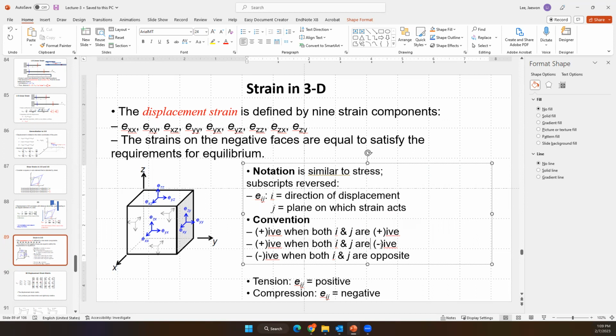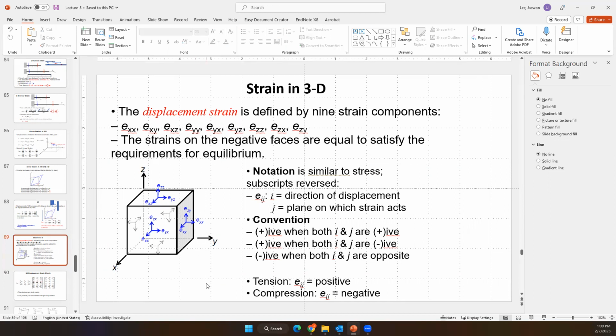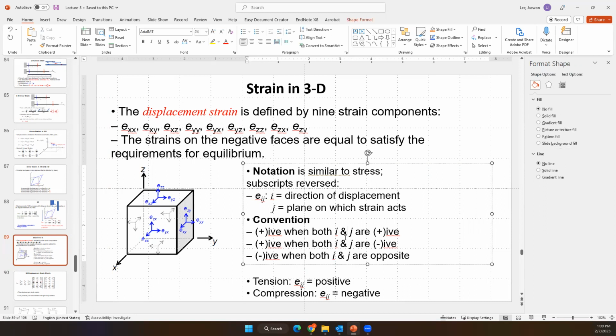So if they have strains, on the negative faces will it be equal? Yes, negative. The positive face has them positive. But if the plane is on the left side,